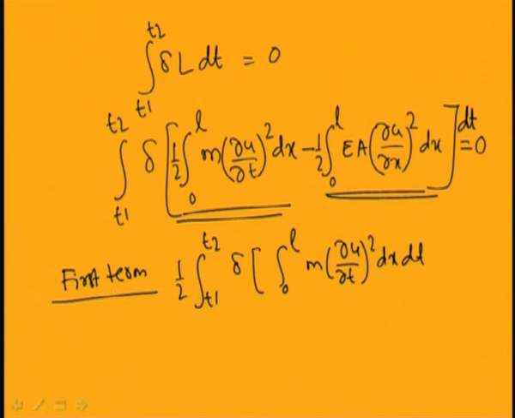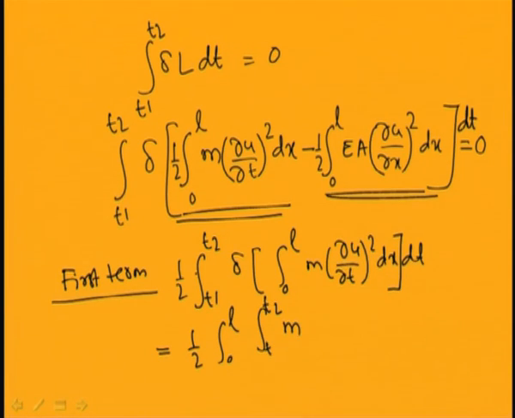So, this is the first term. I can take this del operator inside, but before that I can interchange the integral over x and the integral over t. So, I can write this equal to half integral 0 to L del of integral T1 to